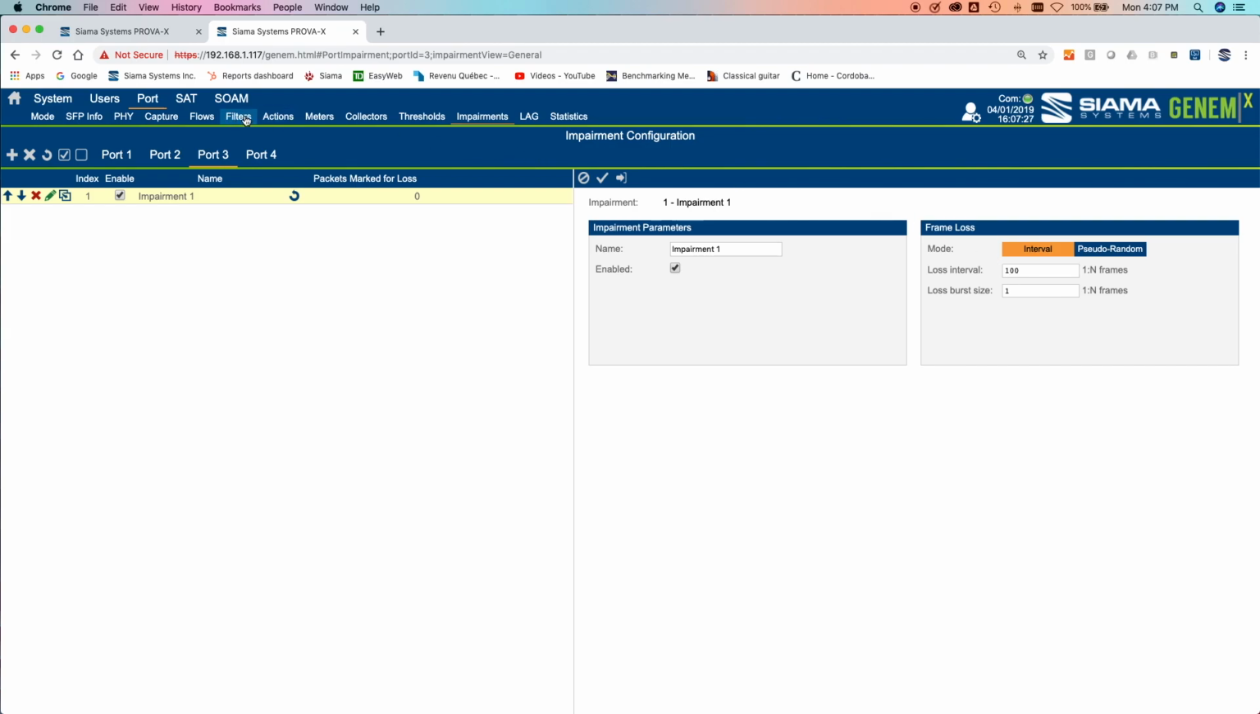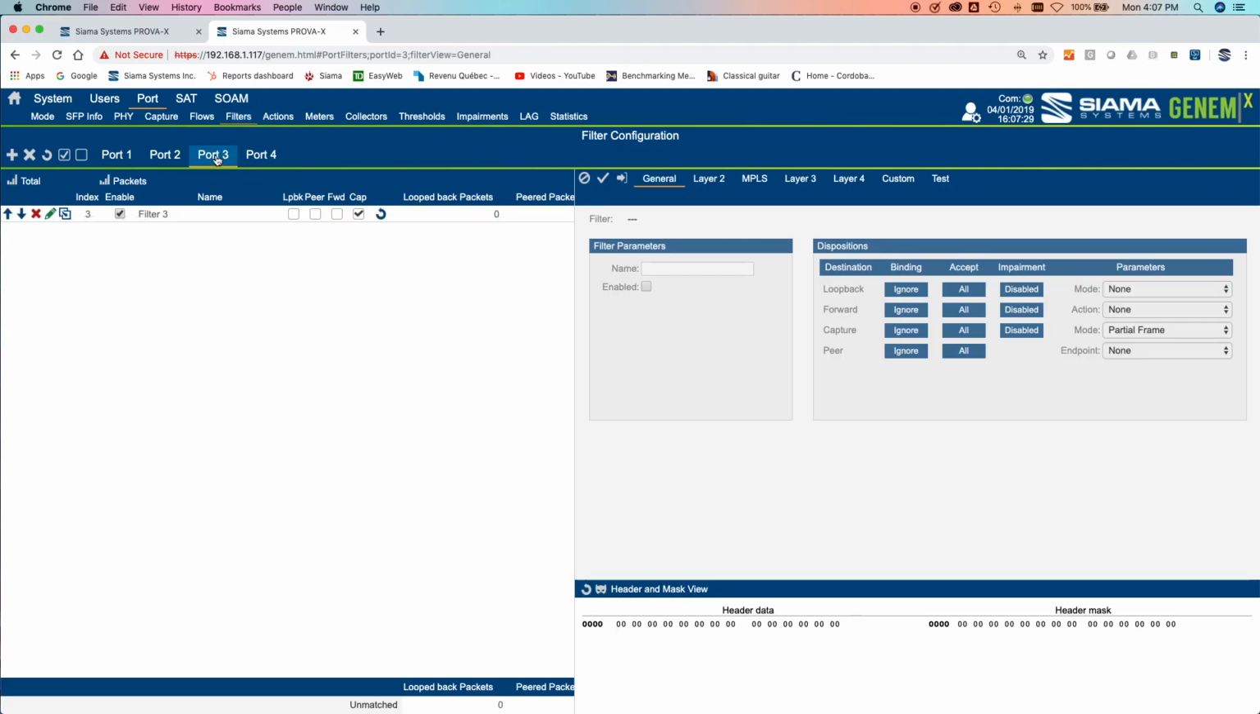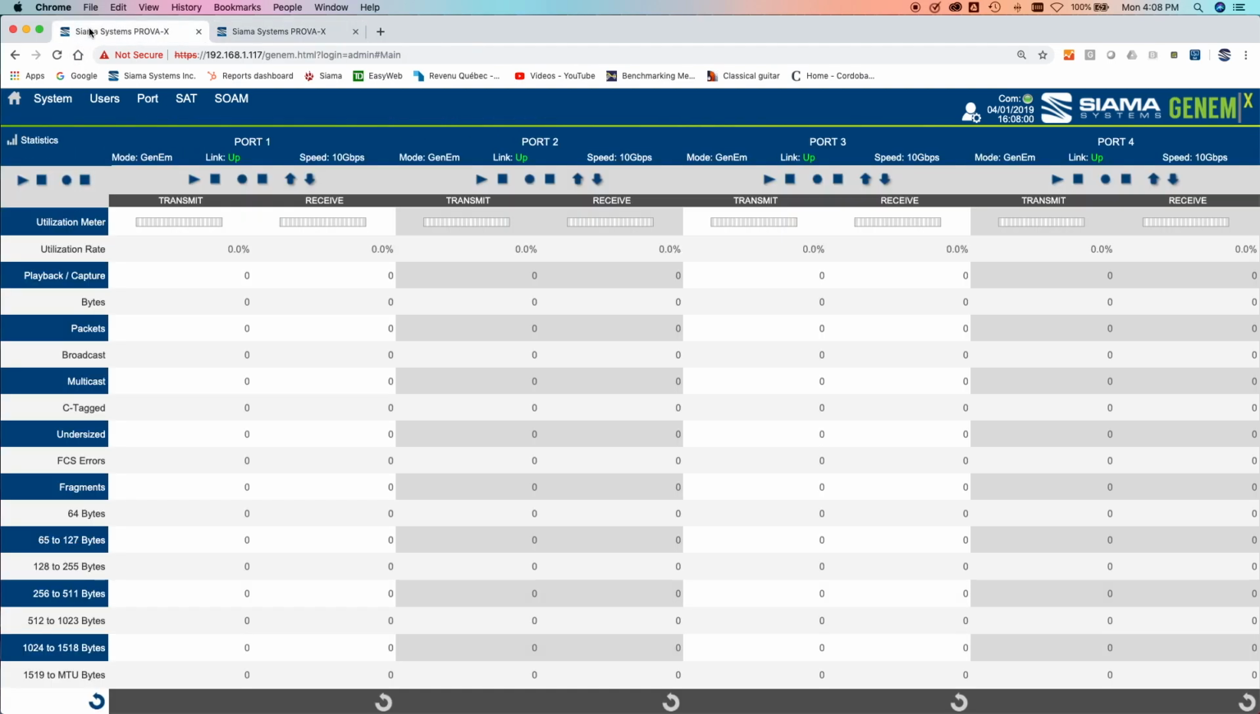So then I'll go back to filters, port 3, and we're going to go ahead and peer with that impairment entity that we just created. So that's great. And now as you're capturing frames into the buffer, those that are marked for impairment, so 1 out of every 100, we enable the discard of that. I click apply, and now we can go back to the home screen,